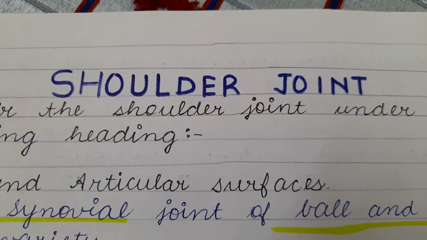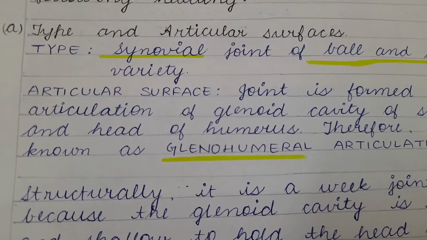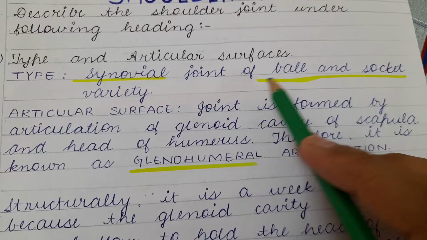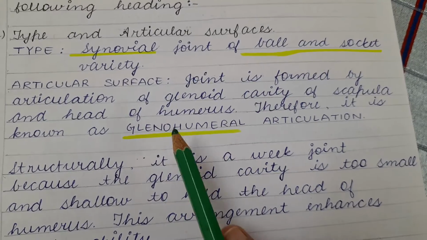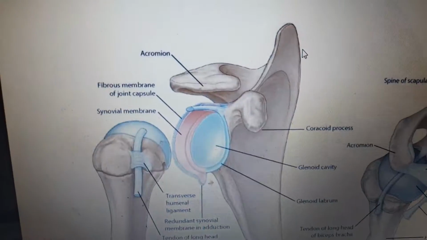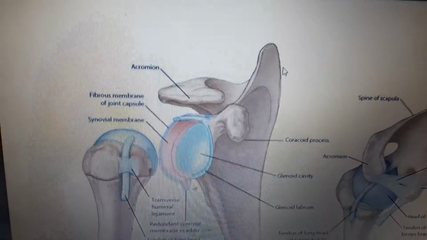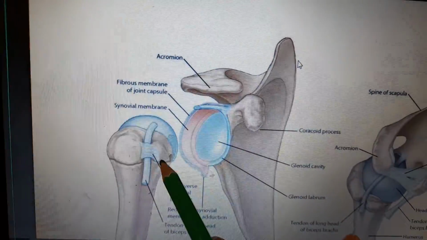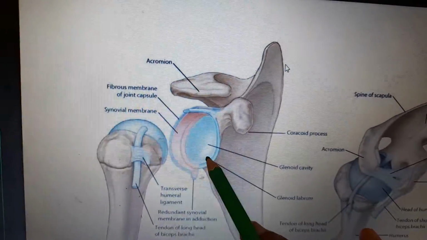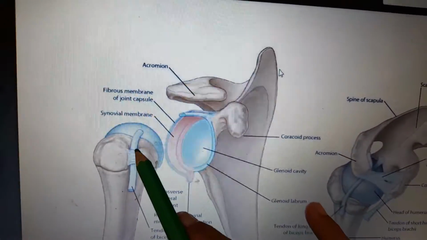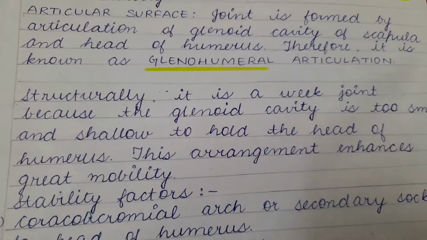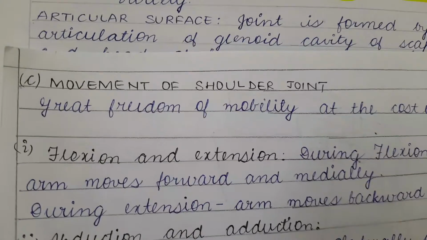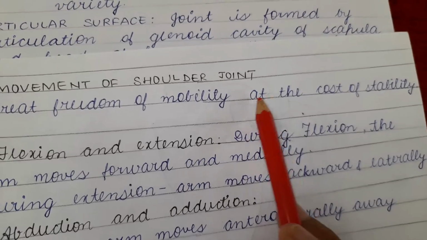Today we are going to study about shoulder joint. First, it is a synovial joint of ball and socket variety. Its articular surface is known as glenohumeral articulation. Since the articulation is between the head of the humerus and the glenoid cavity, it is also called the glenohumeral articulation. Structurally, it is a weak joint and it has a great freedom of mobility, but